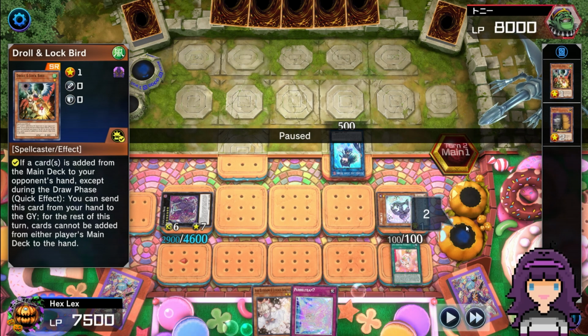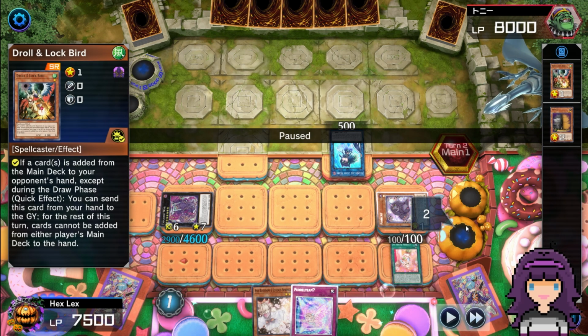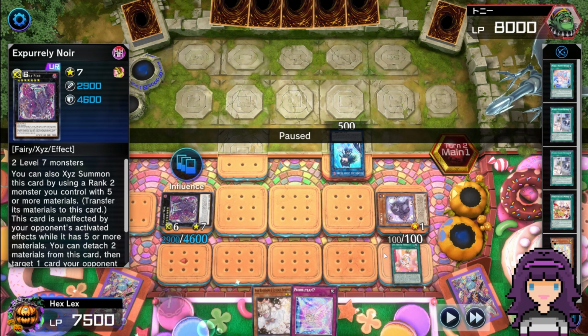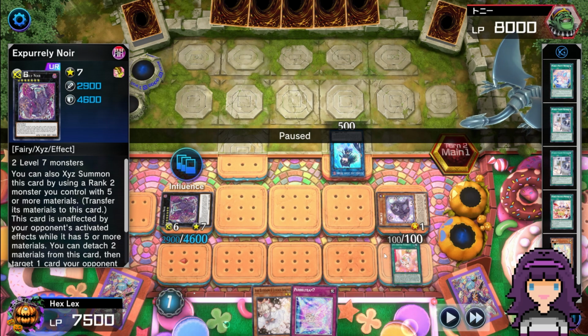You might be thinking, Hex, why would you Droll when you've just Maxxed? And I was thinking about the position that I'm in here, where they just added a card that I know also needs to add another card, right? And I have an Expurrely Noir, and as I was just about to say about Expurrely Noir, I find a lot of the time where people tend to misplay and then lose with Purrely is they fire off the Noir's effect in a situation where they don't need to. Like, I think it behooves you more often than not to just sit on this for as long as you